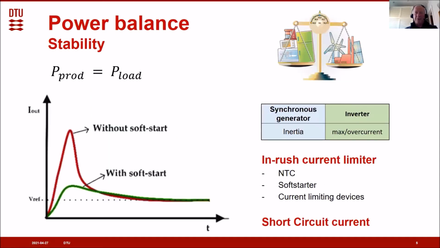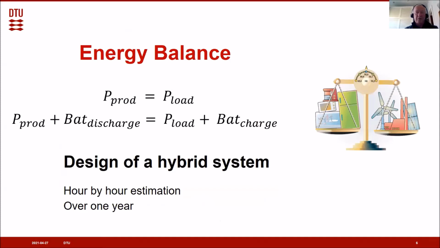First of all, I will talk about power balance and energy balance. If we are looking at power balance, it means that we must have balance between production and load second to second. And it gives, especially for these small systems, problems if we have larger machines, etc., because we have a large inrush current, and it can cause trips for such systems. This stability problem I will not face in my contribution, but only look at energy balance,